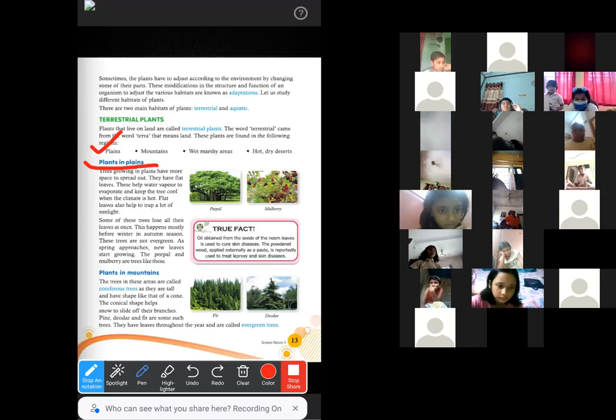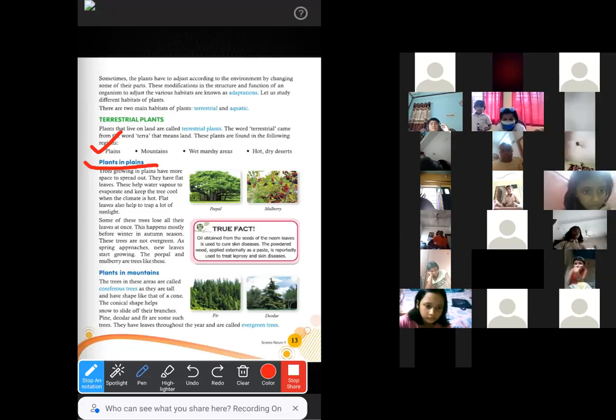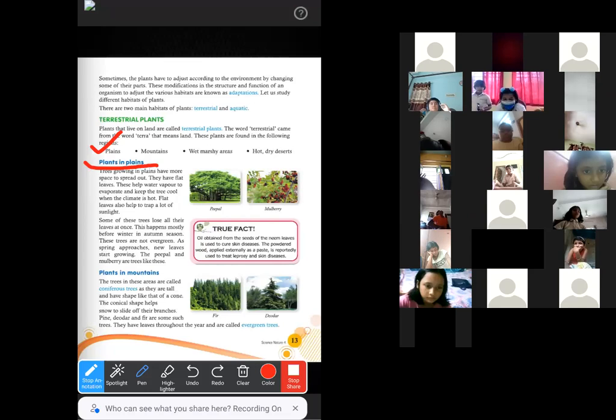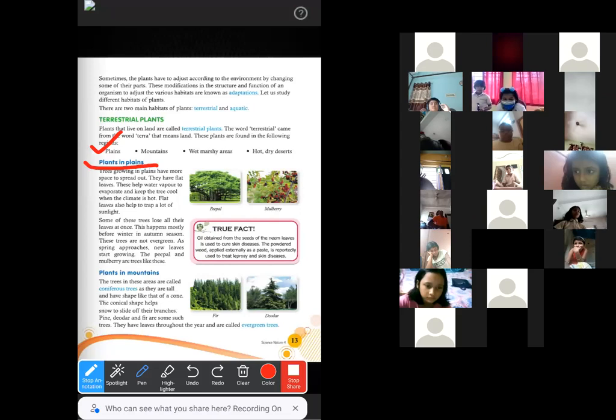So these are not evergreen. These are called non-evergreen trees. They shed their leaves before winter in the autumn season. And when the spring is coming, they again grow new leaves.